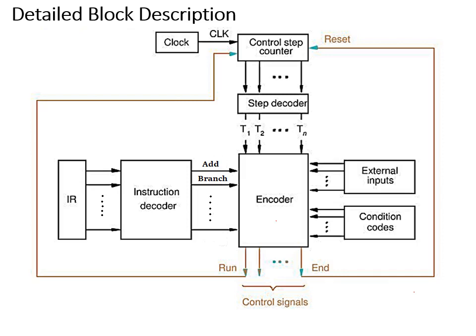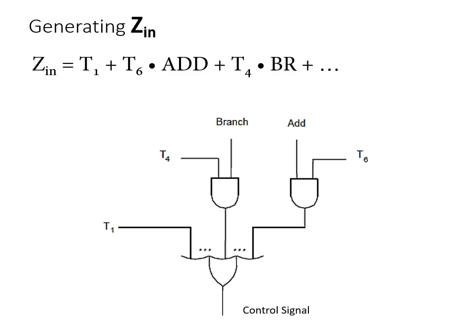Now we will take one more example. Of course this is ZIN. I'll repeat again. Here there will be a ZIN circuit, which executes ZIN physically. It opens the Z gate, the gate of the Z register, and allows the ALU output to enter Z. This is the circuit which is responsible for this. But during every clock cycle, we have to inform this circuit whether it has to work in this clock cycle or not. That's why we have written a hardwired control logic circuit.